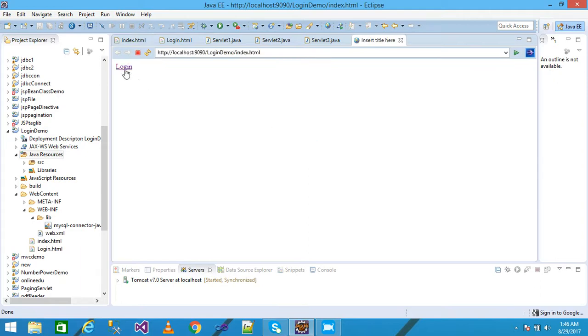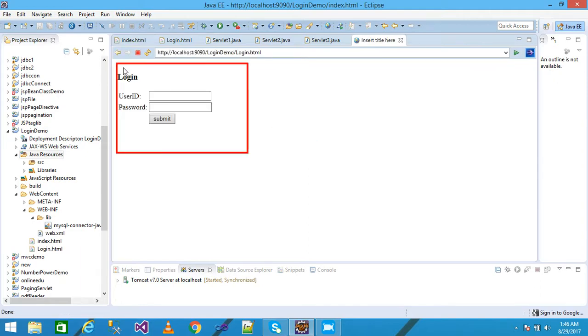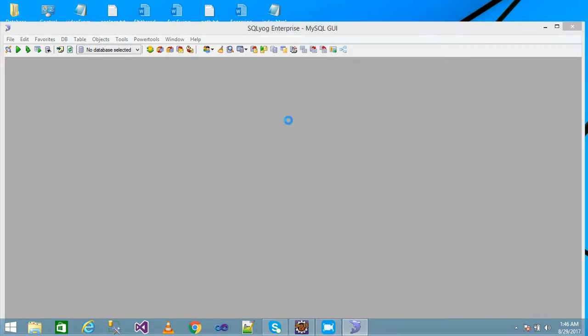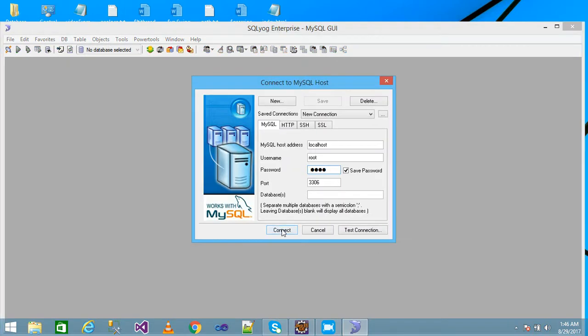Okay, just I click on the login. This is my login page, and before this I need to create the database user ID and password, but I have also created it before doing this, so I just want to come here and open MySQL. And just connect it,